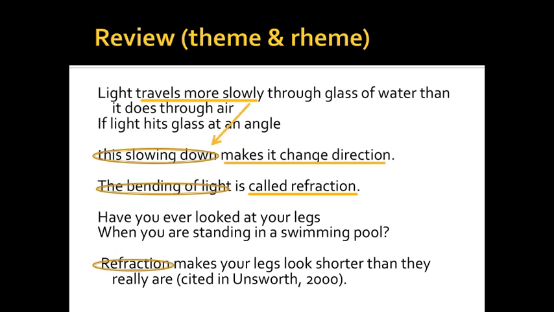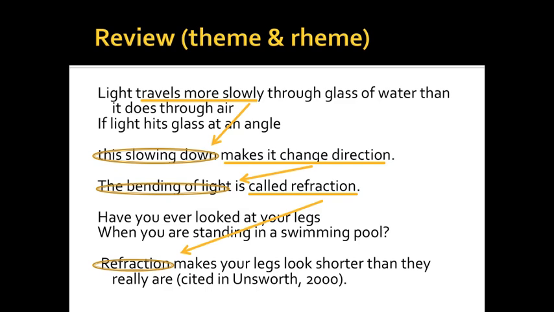He travels more slowly, the rheme of the previous sentence, and the slowing down is the theme of the second sentence. And basically, they mean a similar thing. So we use a little arrow to connect them. And also make it change direction means a similar thing to bending light. And cause refraction and refraction three sentences later actually share exactly the same word. Okay, we use a little arrow. And so basically, theme and rheme kind of do a little bit of repetition, and based on this repetition, we develop